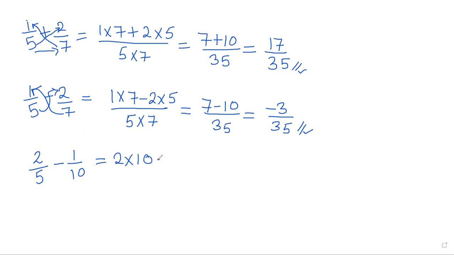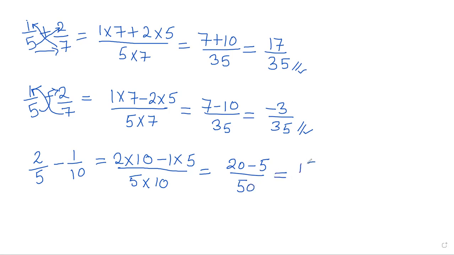We'll end up with 2 times 10 minus 1 times 5 divided by 5 times 10. 2 times 10 is 20 minus 1 times 5 is a 5. 5 times 10 is 50. Now 20 minus 5 is a 15